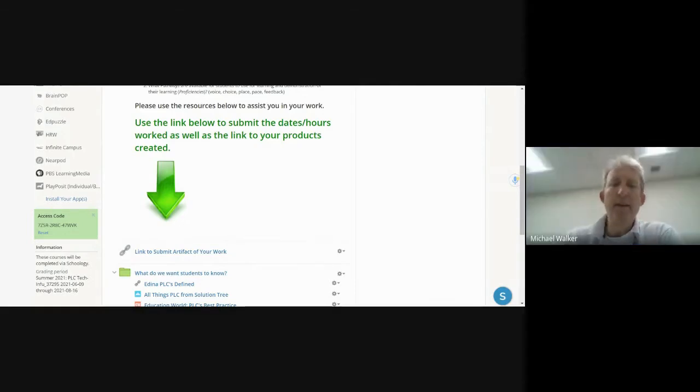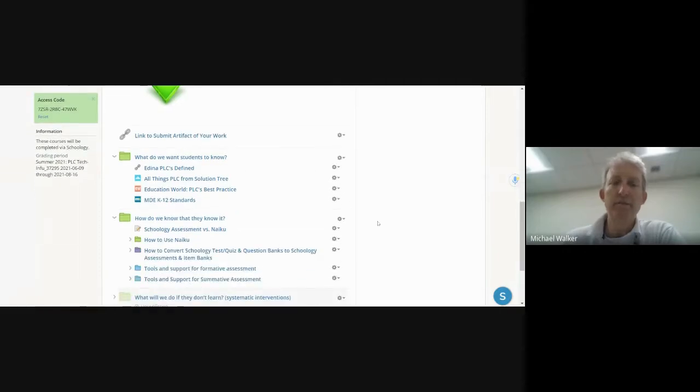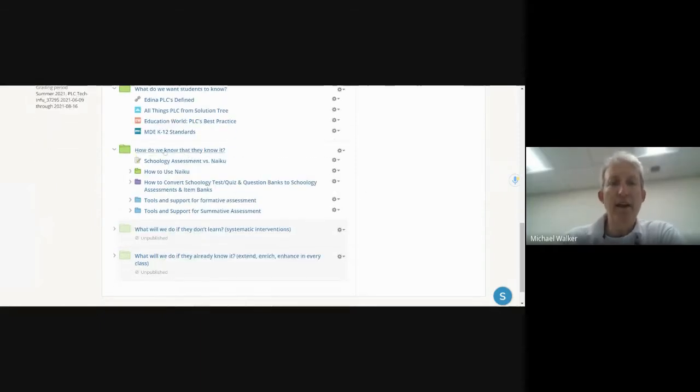Exactly. And then what we've tried to do is take some of the resources and things to support you. We've got some things around PLCs and standards. We've got links to the MDE standards here. And then in the section on how do we know that they know it, what we've tried to do in that folder is build out for you some resources on